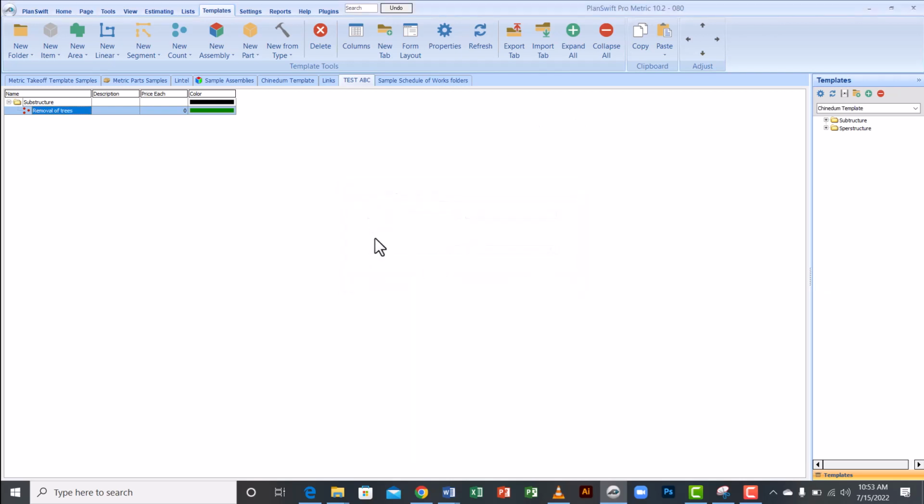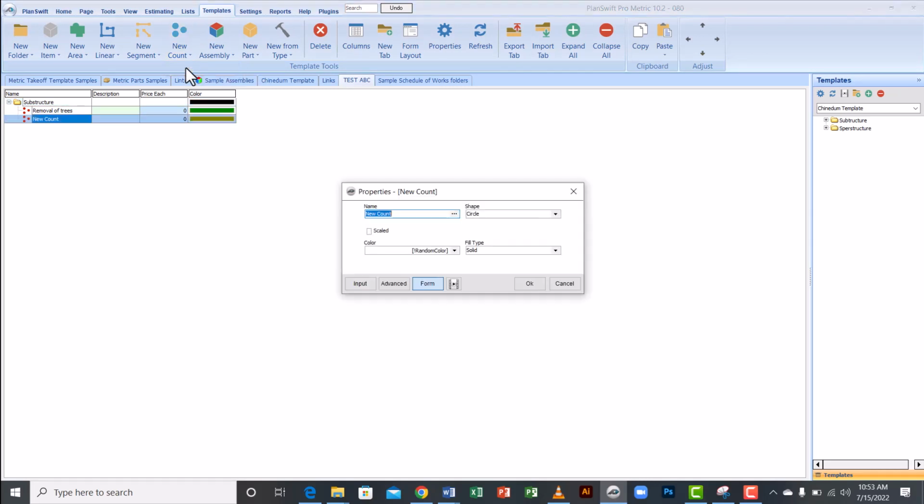Then I hit OK, and that is already added. Again, I'll be adding another item of work, which is going to be my removal of stumps, and I'll also be adding that as a sub item. So once I hit that, I'll type in the name removal of stumps. Okay,